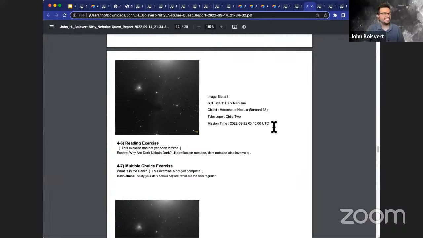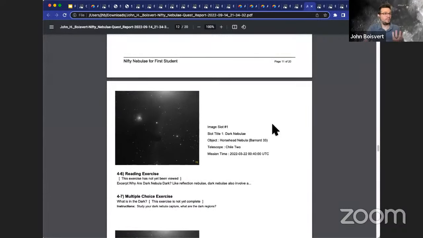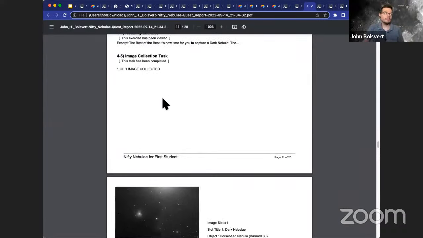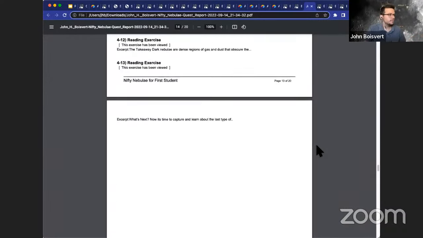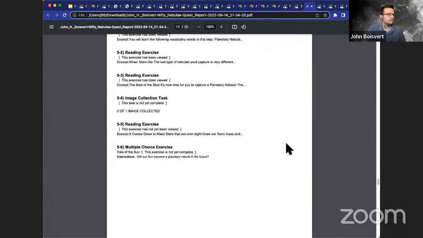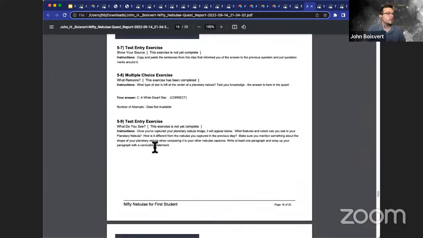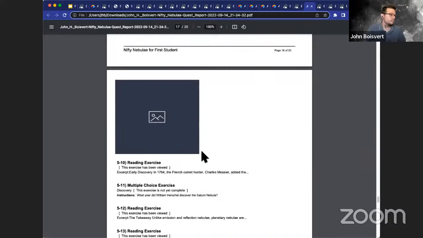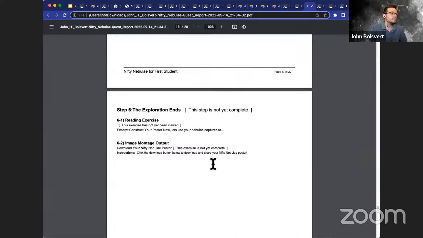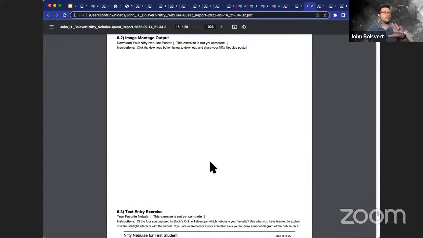It is great. Yes. And then also we've been getting rid of a lot of the white space too. So you'll notice that these reports are a little bit thinner than they were before. Now this particular one, I don't think we have a fill in the blank question, but with the text entries, the students' responses will show up. I didn't put a response in here, unfortunately. But once the students' posters are finished, meaning that all of the data collection module slots are filled in, their poster will show up right here in that part.